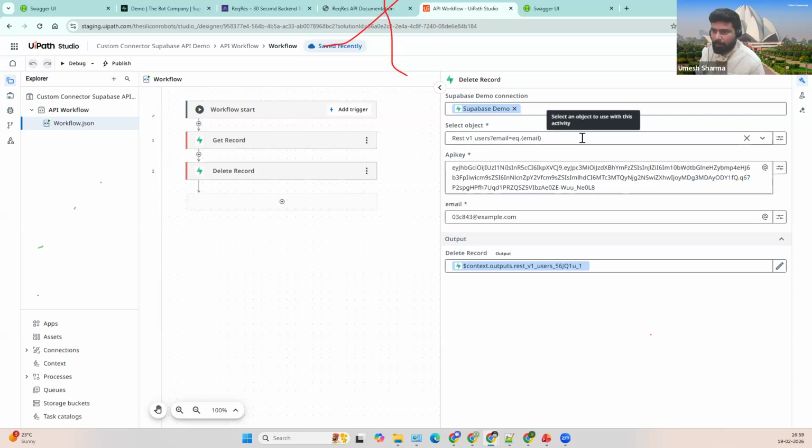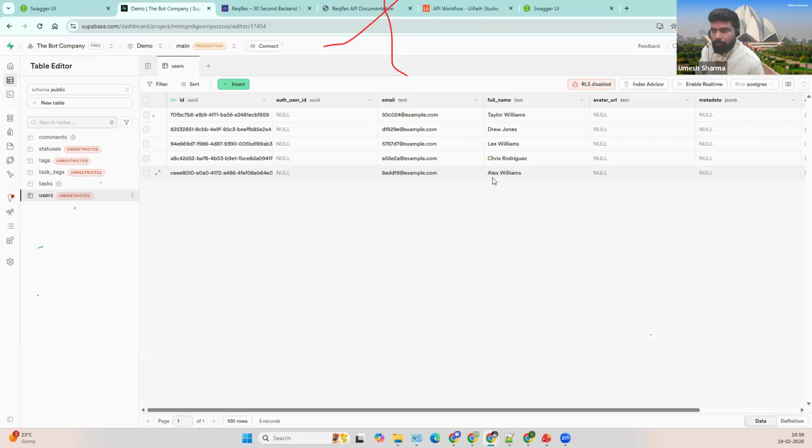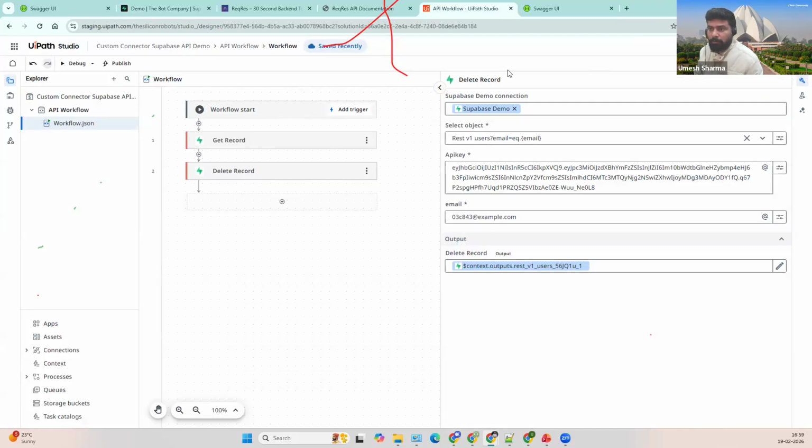Whatever we provide, the name, the object and the API key, we can see it here. Whatever we want to delete, we can simply provide as an input, which might come from some upstream process. You can invoke this, you can delete this, you can update, and then maybe have this integrated within your existing workflows, right? So if I run this, let me also run it from the API workflow